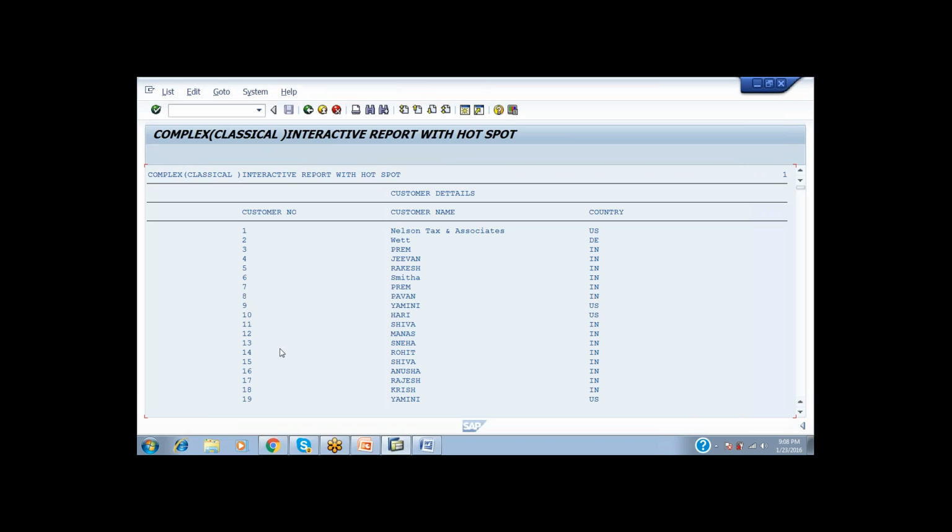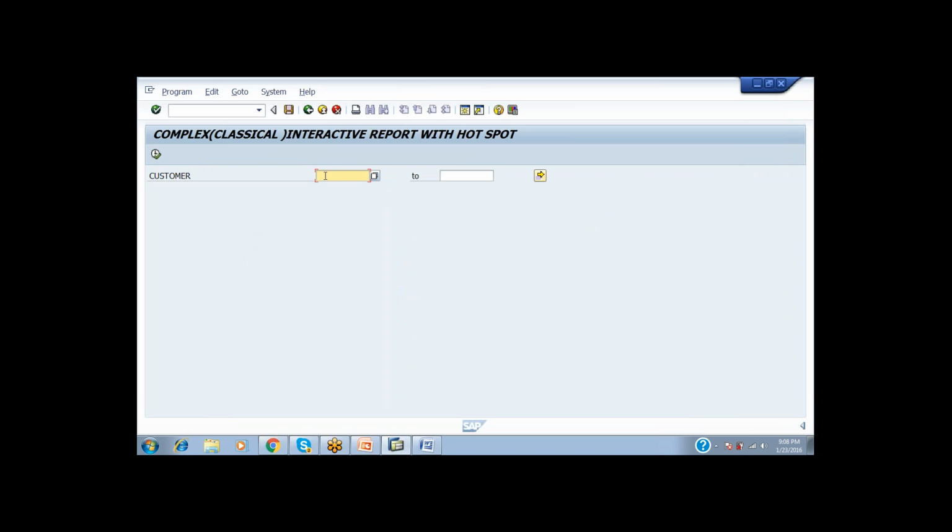So it was showing all the records, customer number, customer name and the country. But I didn't give any of the fields here, any of the selections. Without giving any selections, it directly took all the records from KNA1. Then why should we use the selection options? That's why we have to maintain one condition here,